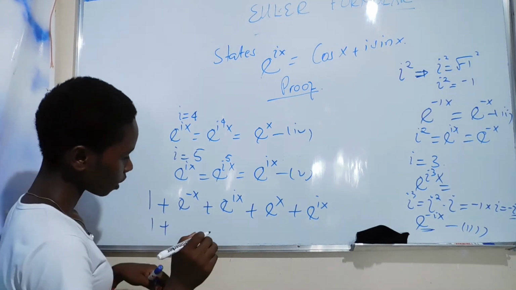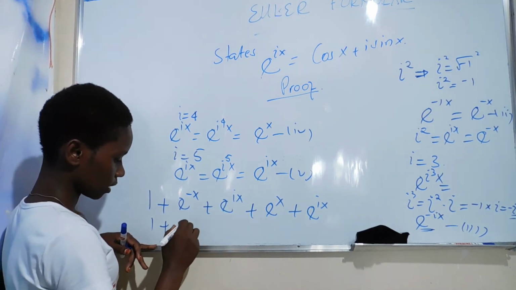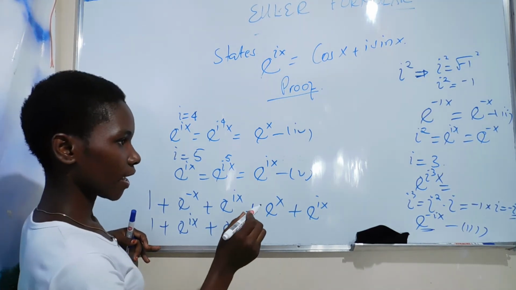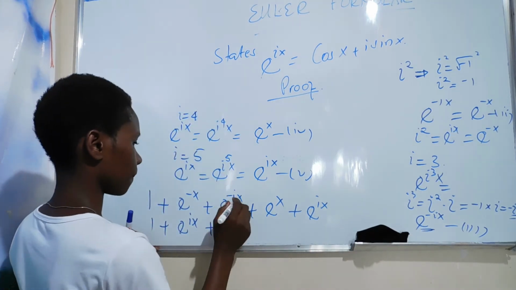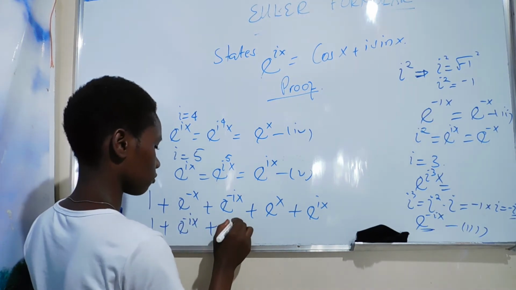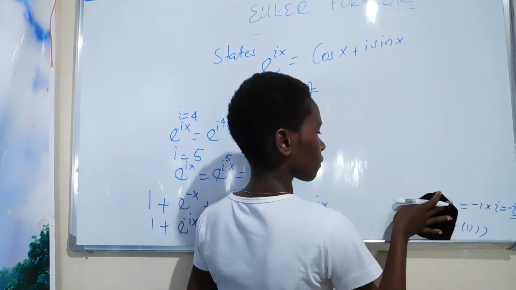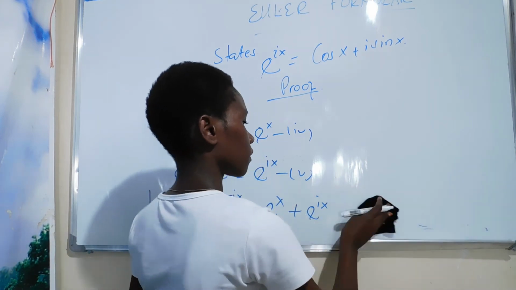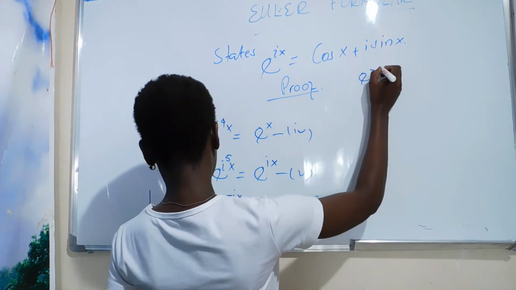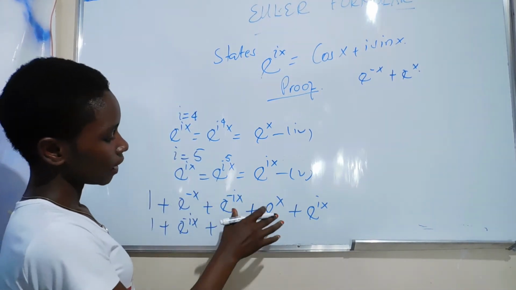One, the other imaginary part is e^{ix}, and the other is e^{ix} negative, then this is e^{ix} positive, then another series which is e^{-x} plus e^{x}, but these series go in the form of,